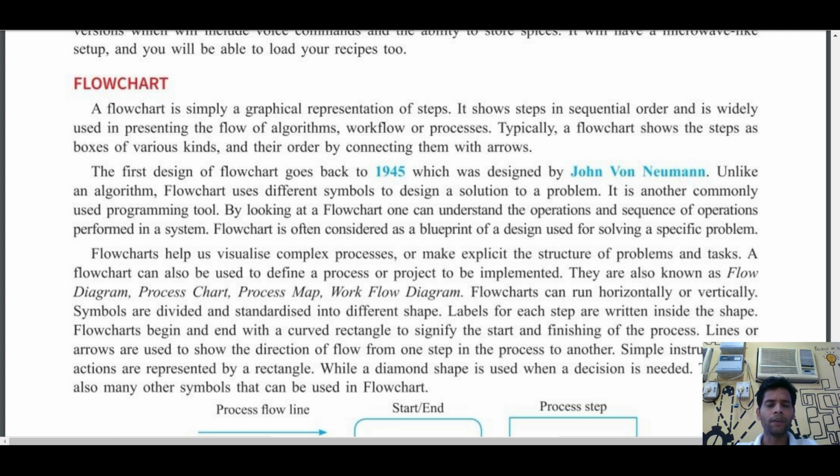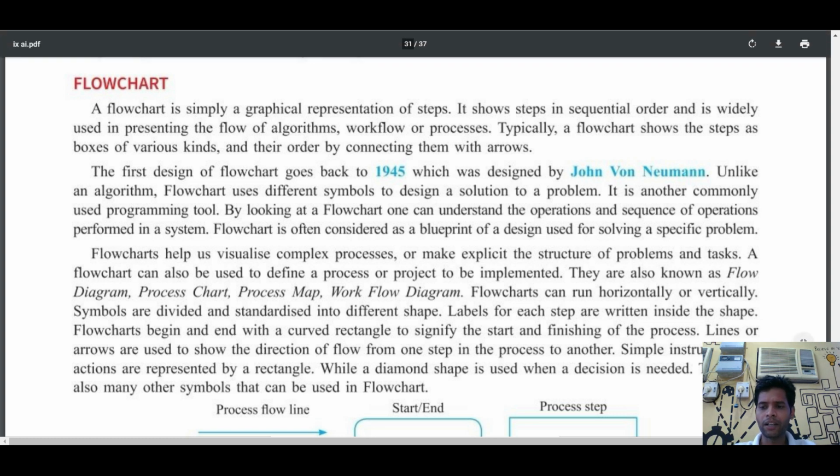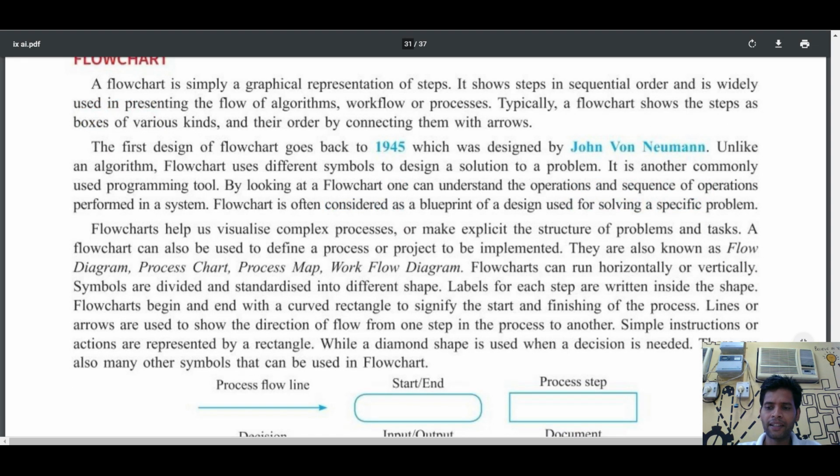So, children, last time we have learned algorithm and some flowchart. Today we are going to discuss flowchart in detail. A flowchart is simply a graphical representation of steps, and it requires symbols by which you can customize things.